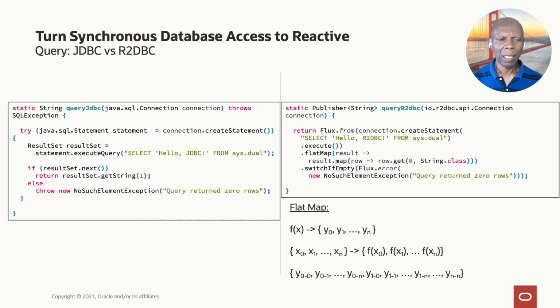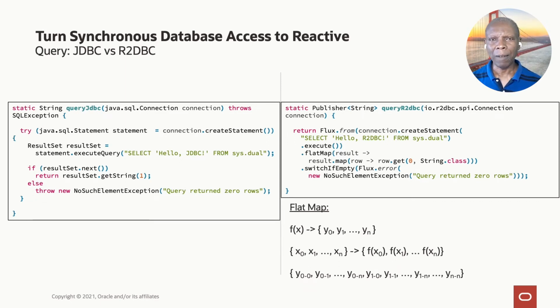Here is a query. If you're doing a query, you can see here that on the left, on JDBC, we need to get a statement object, create a statement, and specify the SQL statement to be executed. Here we are just doing select from dual, and then execute the statement, get the result set, and iterate through the result set. On the R2DBC side, we need to create a connection from the statement, and we're going to return a flux. A flux is a stream data type, which can have multiple elements.